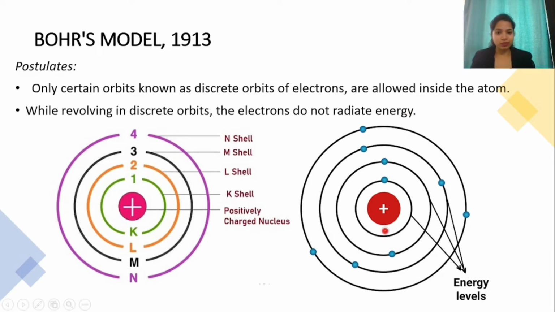You can see here, he suggested that, okay, this is the nucleus, the positively charged center. There are orbits around the nucleus in which the electrons revolve, and they have different energy levels. If you see the innermost orbit, it has a different energy level, and the outermost would have a different energy level. We can see here the orbits are usually named as K, L, M, and so on, or if you give them numbering, it is called 1, 2, 3, 4. And these orbits are also called shells. So it is K shell, L shell, M shell, N shell, and so on.